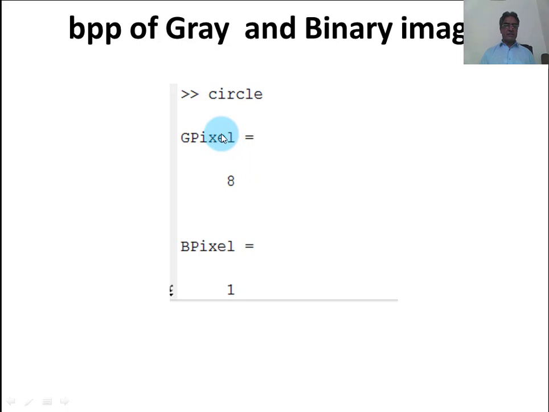Each gray pixel comprises 8 bits, that is 1 byte, while each binary pixel or black and white pixel consists of 1 bit, because a binary image contains either value 0 or 1, that is black or white. 0 means black, 1 means white. So this can be stored in 1 bit. So each pixel comprises 1 bit, whereas in a grayscale image each pixel comprises 8 bits.